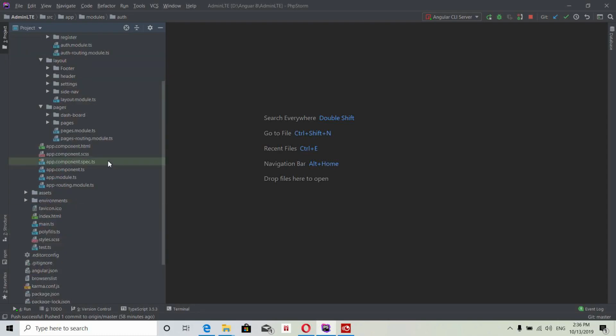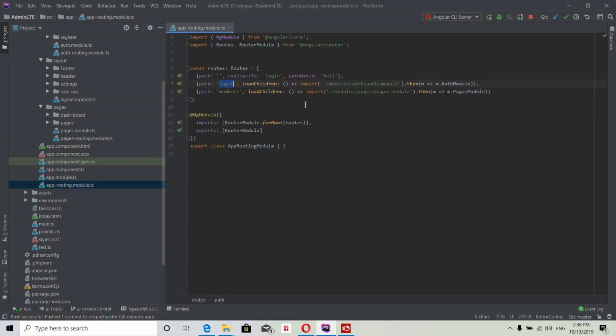What I have done here is implement the new lazy loading concept of Angular 8, called dynamic loading. Before, in Angular 7 or Angular 6, you implemented lazy loading in a different approach. Here we have used the dynamic import approach, which was introduced in Angular 8, so we have followed that in this application.